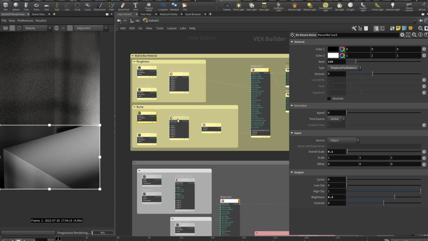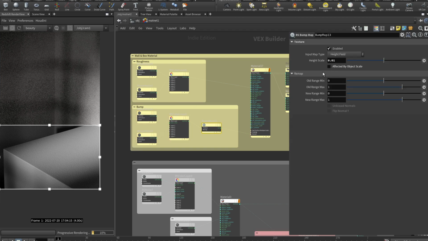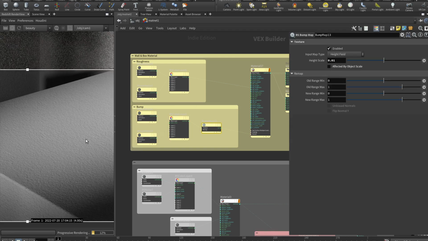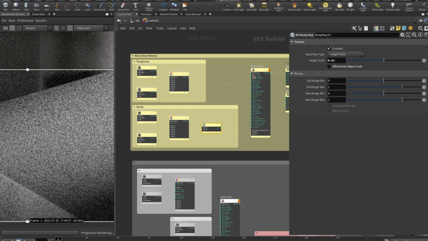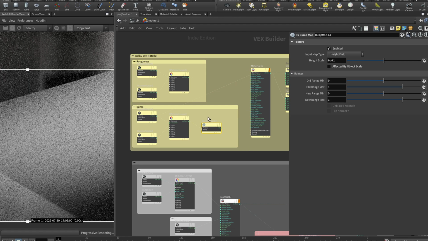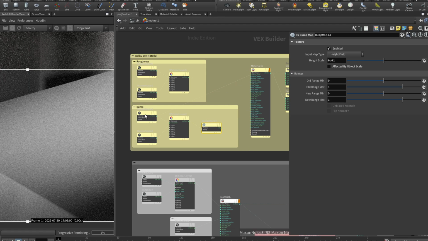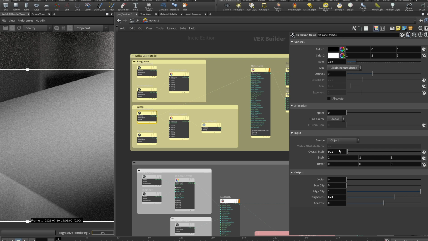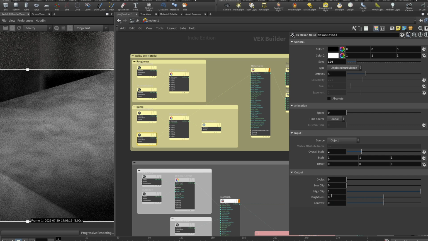And then I have the same setup with 2 noises that I plug into the bump map to get this look. Just to visualize, let me remove these. I have this very tiny displaced turbulence noise with an overall scale of 0.1, and then I mix it with a sort of, again, very subtle noise, because we have also added more brightness here, because if I